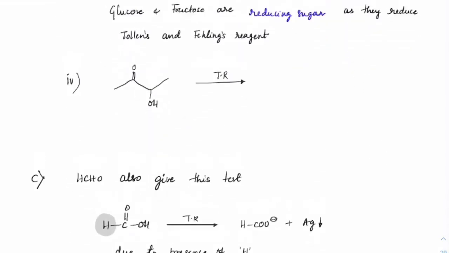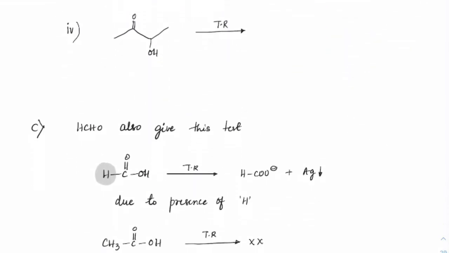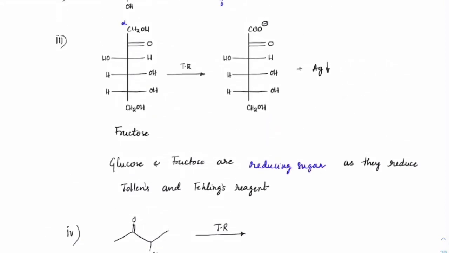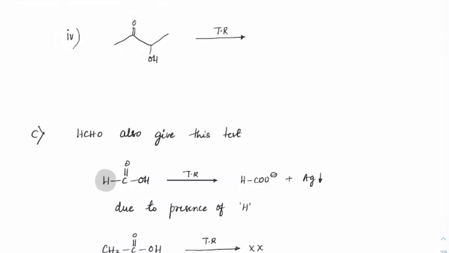We'll be checking about that in biomolecules once again. So from now on, just keep reminding that glucose and fructose are reducing sugars. Why? Because of the presence of either an aldehyde form or an alpha hydroxy keto form. So overall reaction, if you check it out, we would have this as double bond O and double bond O plus Ag getting precipitated. So this is what we have seen. This is the second case where Tollens is giving a positive test.